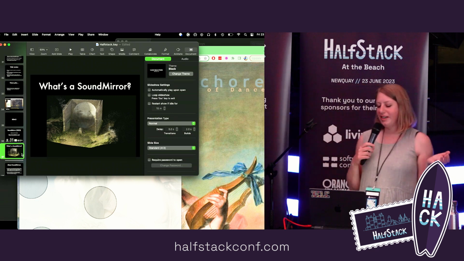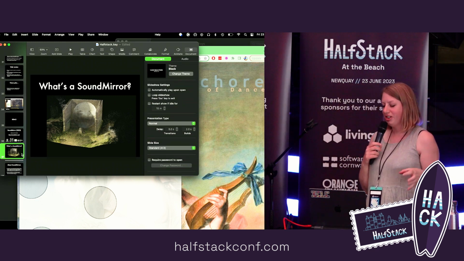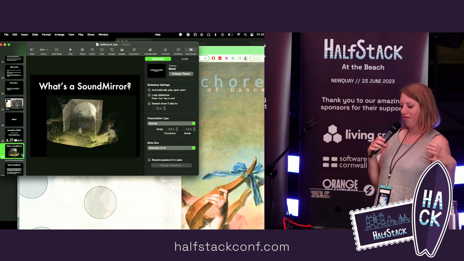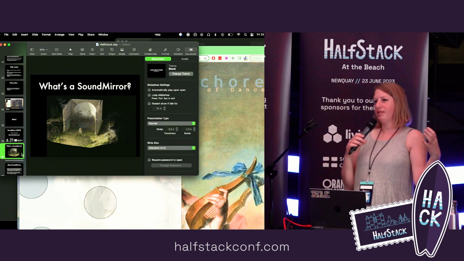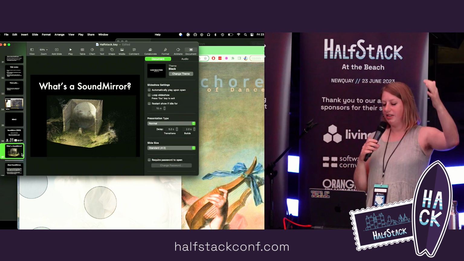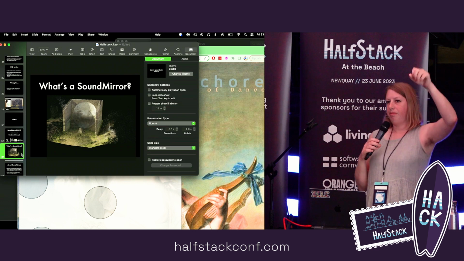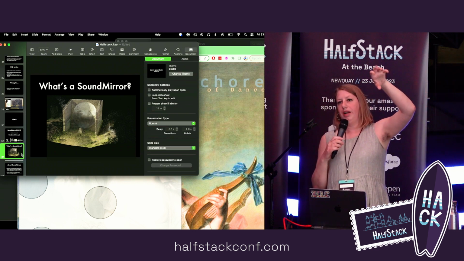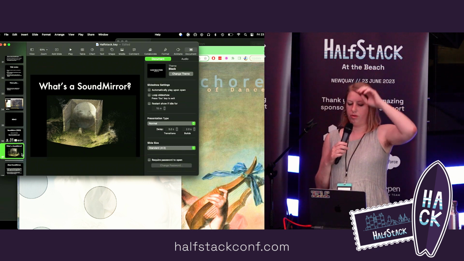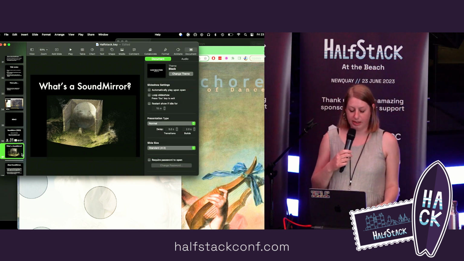So a sound mirror is a structure, these big concrete structures that they built in World War One. It's essentially a massive dish that they would put a microphone in, and they would use it for detecting zeppelins off the coast during the war, so they could shoot them down.